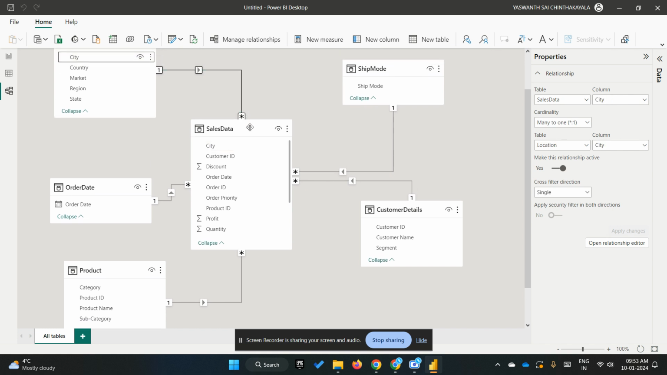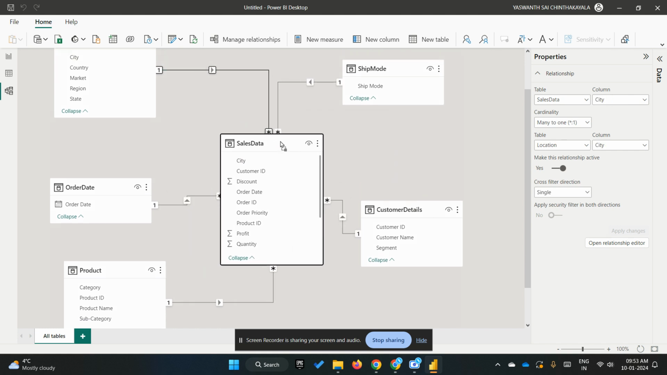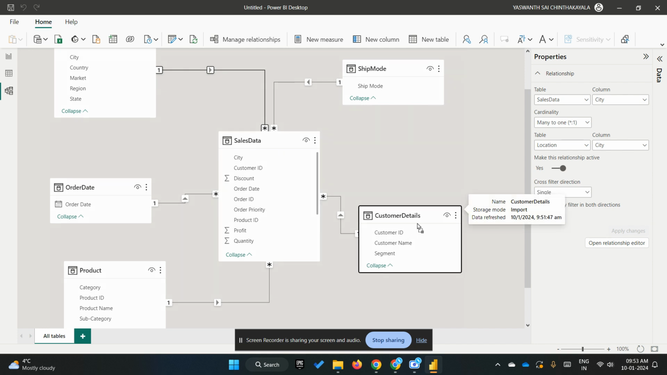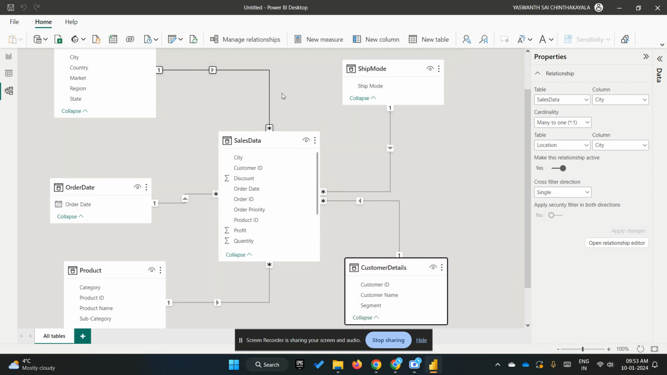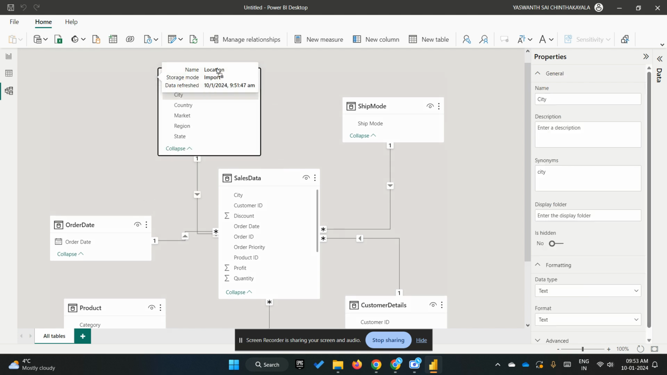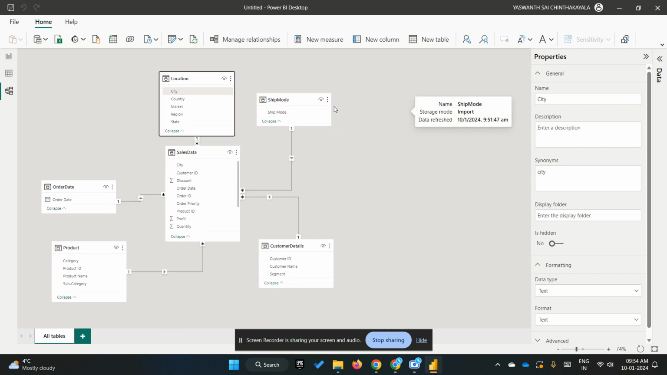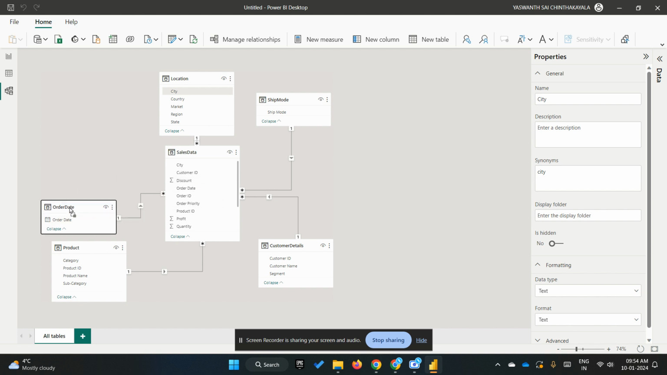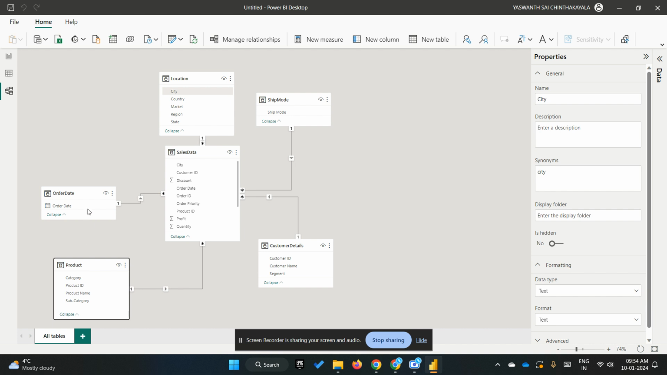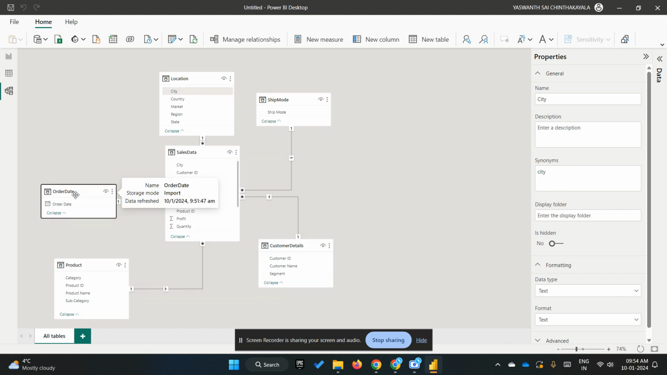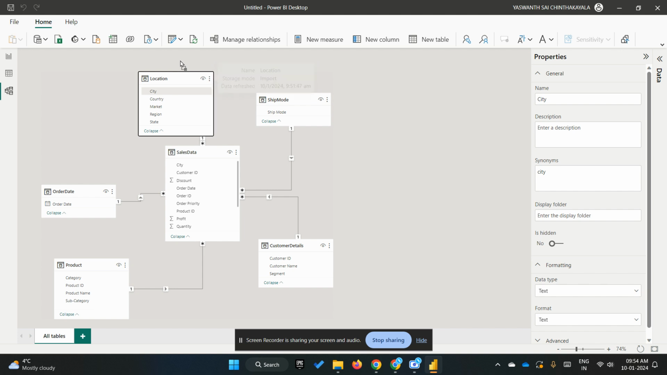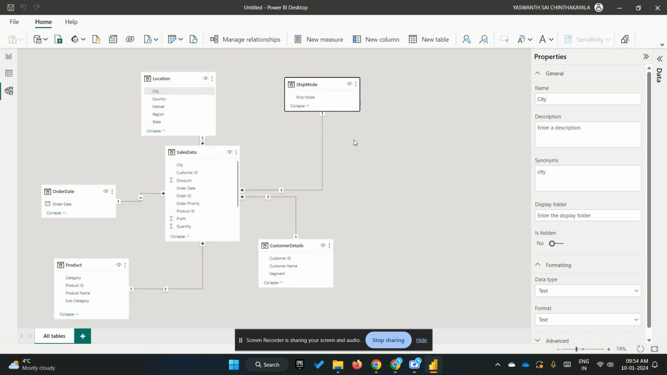Yeah, once everything is done, I'll tell you why it is called a star schema. It is called star schema because it looks like a star. In the center, it looks like a star, so this is called a star